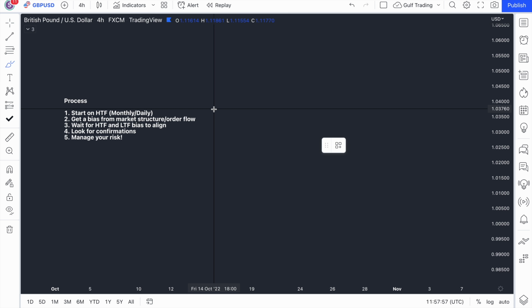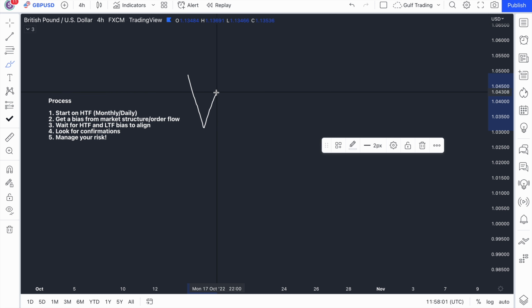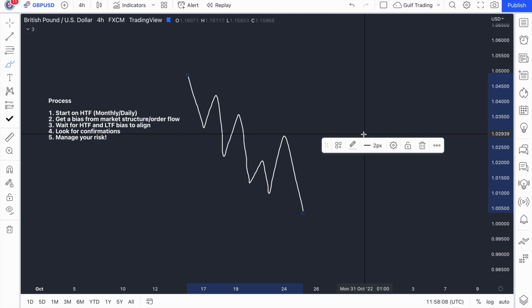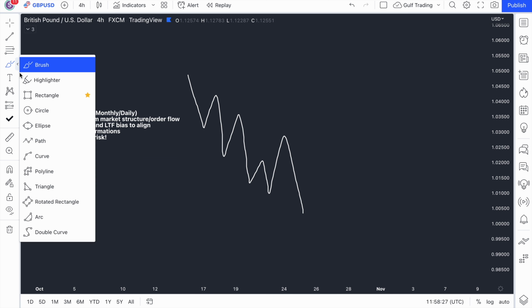So if we imagine that the high time frame is going to be bearish, so you've got market structure or order flow looking like this, with some complex pullbacks, something like that. This is step 1, start on high time frame. This is the monthly. You can see market structure is bearish, creating lower lows, lower highs, lower lows, and so on. So you know your directional bias is bearish, and so on the lower time frames you're going to be wanting to go short. But something in this area here,